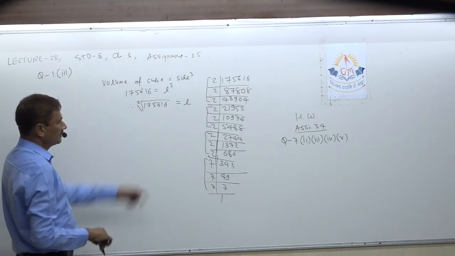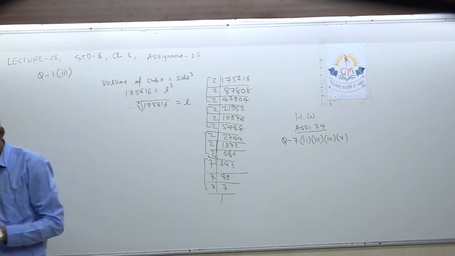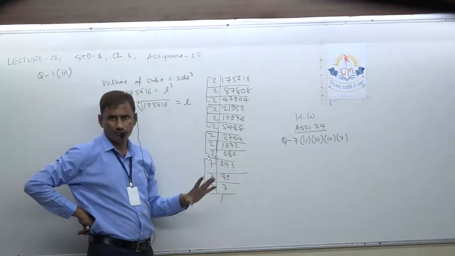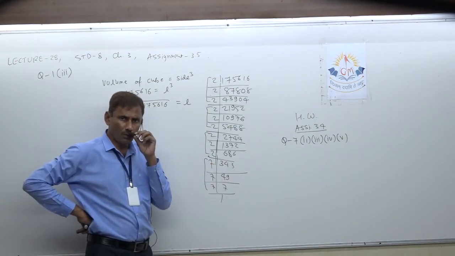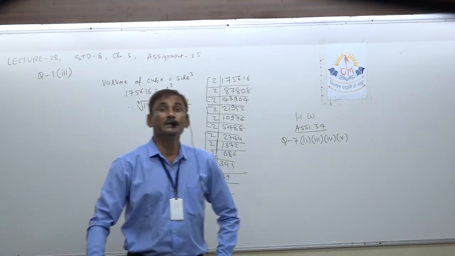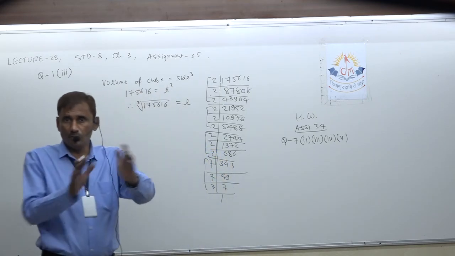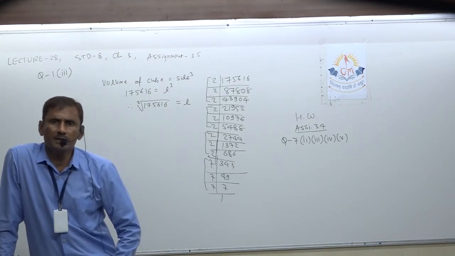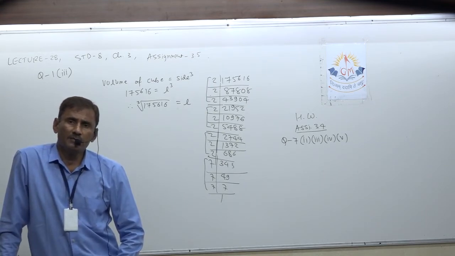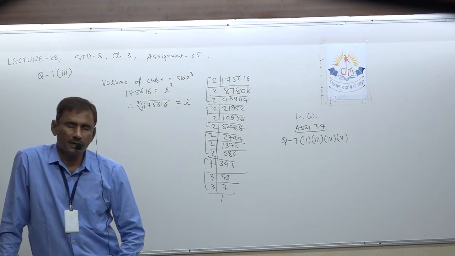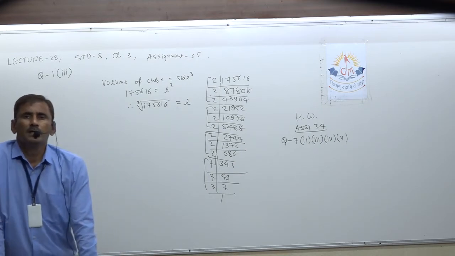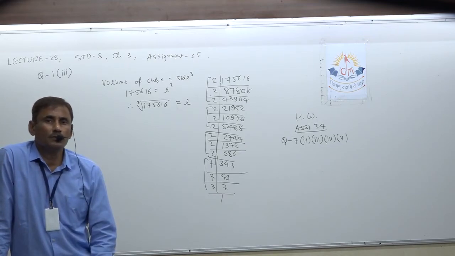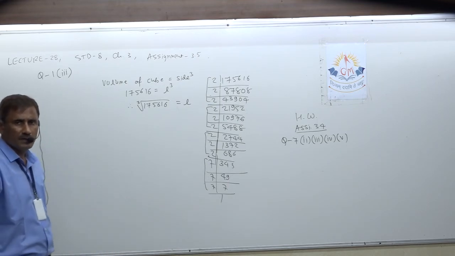Okay. How to do prime factorization? Understand well. Till even numbers are there, I always try to divide by 2. And after it becomes odd, I will check whether it is divisible by 3 or not by making the sum of all digits. If the sum of all digits is divisible by 3, then the number is also divisible by 3. Then I will go for 5. There is a divisibility rule of 5. If the unit digit is 0 or 5, then only it is divisible by 5. Then I check for 7. There is no divisibility rule for 7. Just try to get it.